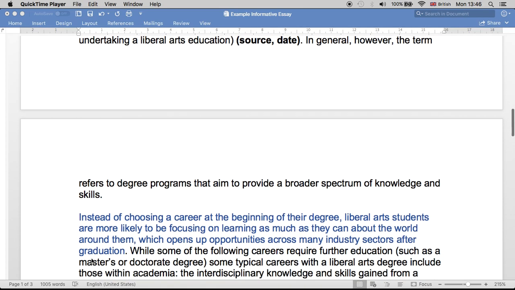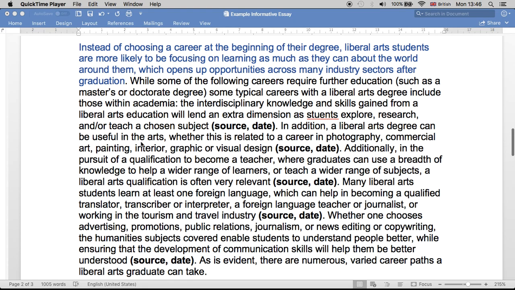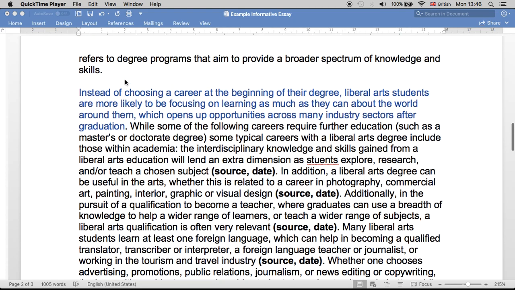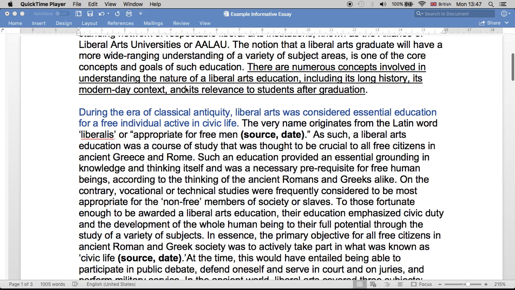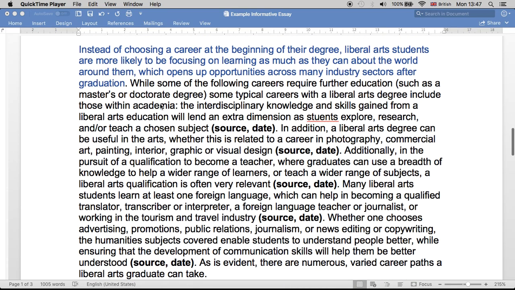knowledge and skills. And now our third body paragraph, topic sentence in blue, will, as we see in the thesis statement, deal with relevance to students after graduation. Instead of choosing a career at the beginning of their degree, liberal arts students are more likely to be focusing on learning as much as they can about the world around them, which opens up opportunities across many industry sectors